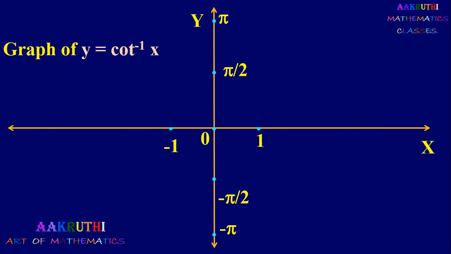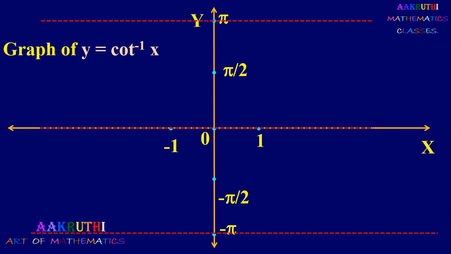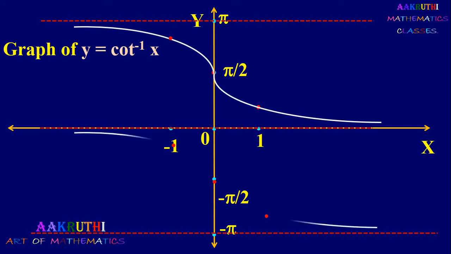So next it is graph of y equal to cot inverse x. Cot is not defined at 0 degree, 180 degree and minus 180 degree. So we draw lines parallel to x axis at 0 degree, 180 degree and minus 180 degree. And we know that cot inverse 0 is pi by 2 and cot inverse 1 is 45 degree or it is minus 135 degree. And cot inverse 0 is also equal to minus 90. Cot inverse minus 1 is minus 45 or it is 135 degree. We join all these points and we get graph like this. So this is graph of y equal to cot inverse x.